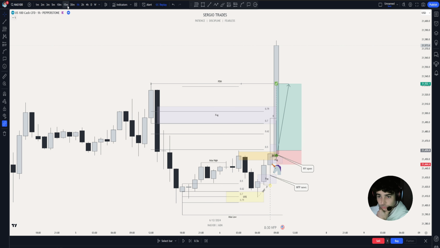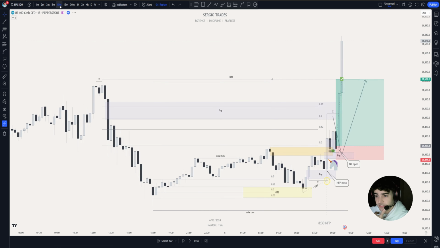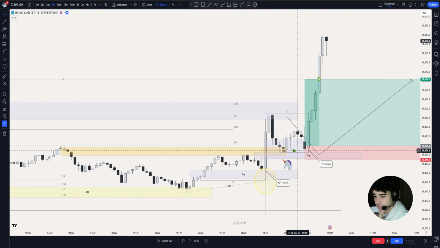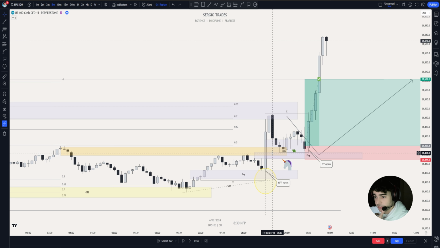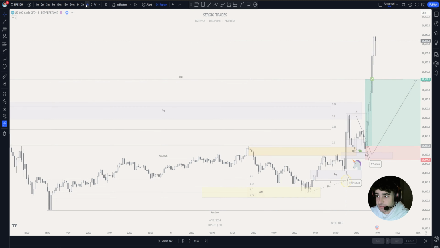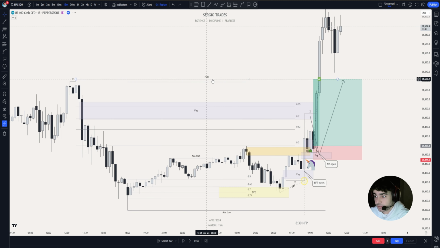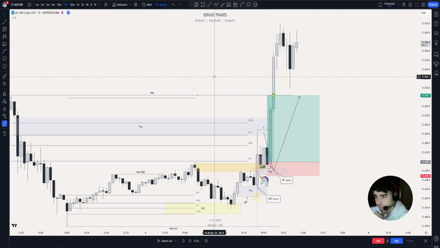This is so clean, especially on the 15 minute and the 5 minutes also clean. Price swept the early buyers, came back to those bullish breaker blocks, tapped inside this bullish FVG right at New York Open, right at 9:30, and then we continued to the draw on liquidity to hunt those previous daily highs. I did close right after we reached the previous daily high, but I should have left a runner, but I didn't. My bad. But I made like 3.3k, so to end the week like this, for me, it was more than enough